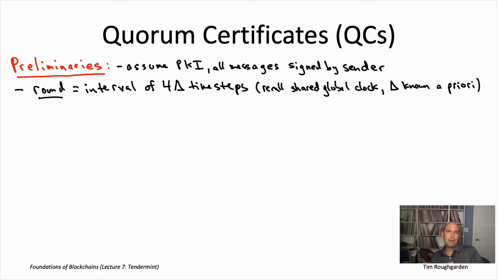So it's interesting to compare and contrast rounds with what we talked about in the last video, what we were calling heights. Remember, Tendermint is basically going to be iterated single-shot consensus. And each node is going to be working on one of those single-shot consensus instances at a time. So if I'm a node, I might be trying to figure out what block number 9 is. Now remember, especially in the asynchronous phase, there's no guarantee that all of the nodes are maintaining exactly the same height. Maybe there are some nodes that have received many more messages than me. They figured out block 9, they figured out block 10, they're working on block 11. Maybe there are some nodes that are lagging behind even me. They've only made it to block number 7, and they're not working on block number 9 yet.